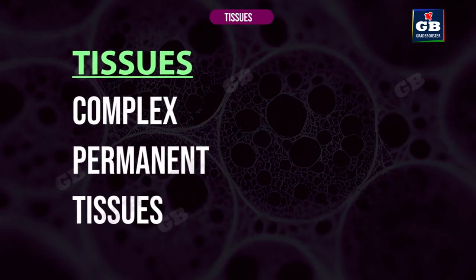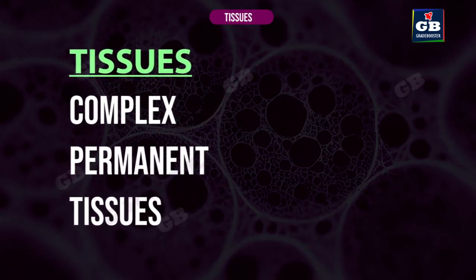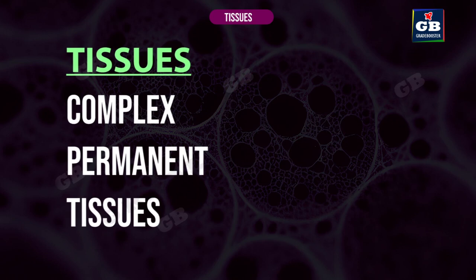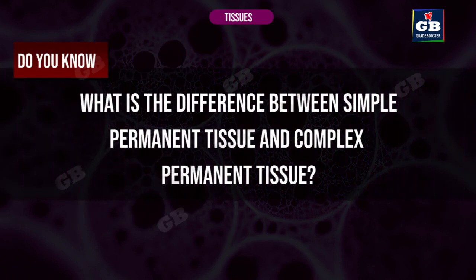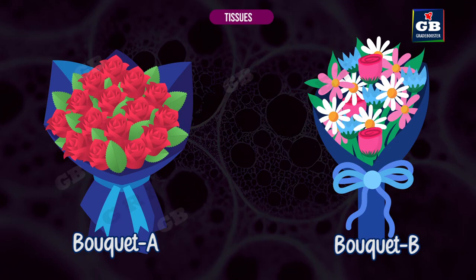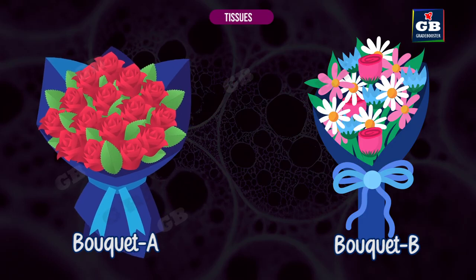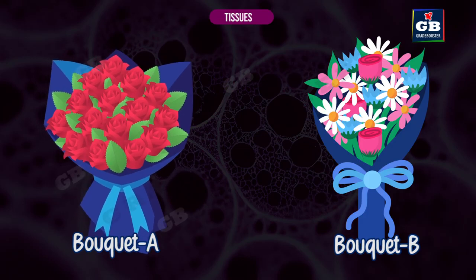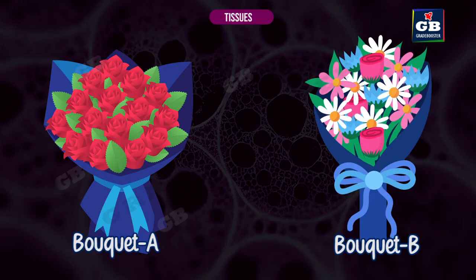Now, let us learn about complex permanent tissues in plants. Do you know what is the difference between simple permanent tissue and complex permanent tissue? Here are two flower bouquets. Can you spot the difference between them? Yes, bouquet A is made of the same kind of flowers and bouquet B is made up of